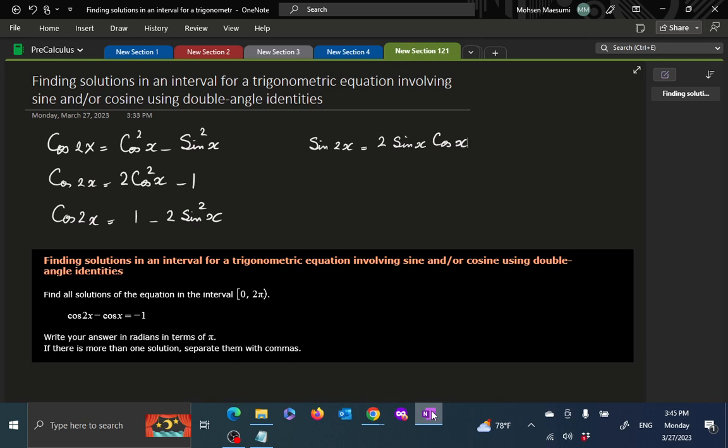Hi, welcome to our pre-calculus. Topic today is finding solutions in an interval for a trigonometric equation involving sine and/or cosine using double angle